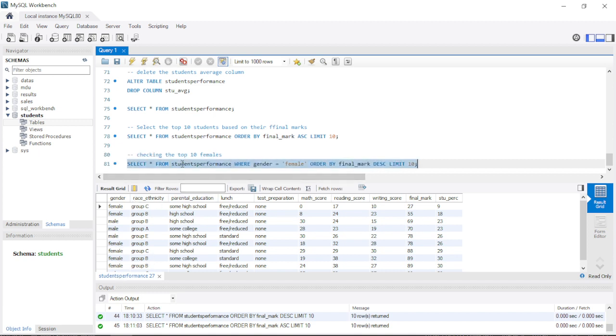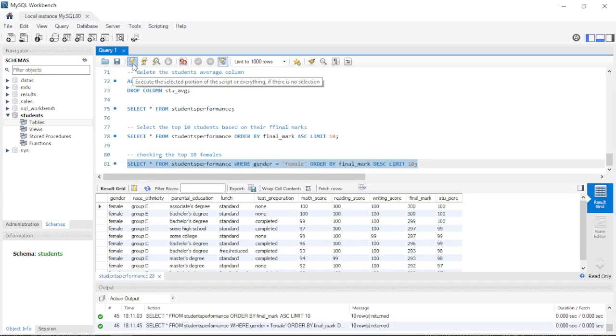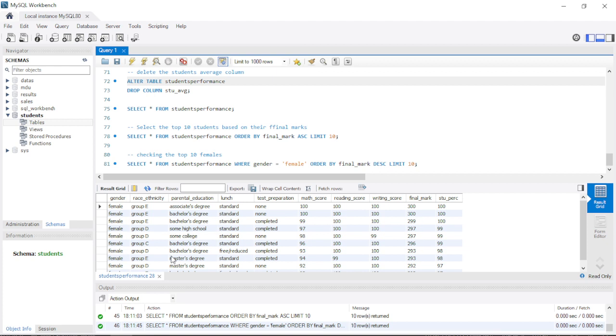Okay, these are the top 10 female students, and we can see that parental education plays a key part here, especially because you can see it's associate degrees, bachelor's, and master's that populate the top 10, and we can see the bottom 10 students. Okay, also we can see that the race ethnicity plays a big part, and test preparation